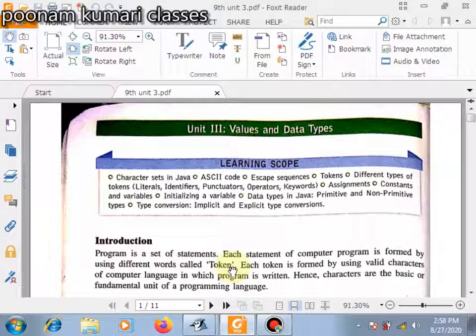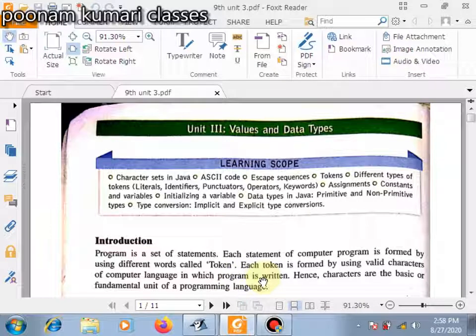So when we are writing a program in any language of computer, we are using some words. Like in the Java language, we are using class, public, static, void, main. All these words are known as tokens of the Java language. Each token is formed by using valid characters of the computer language in which the program is written.